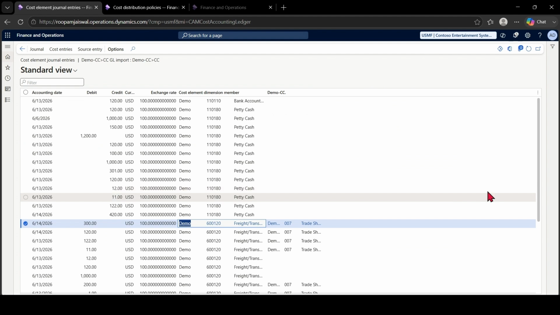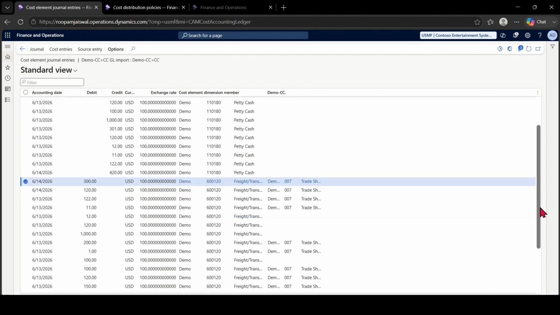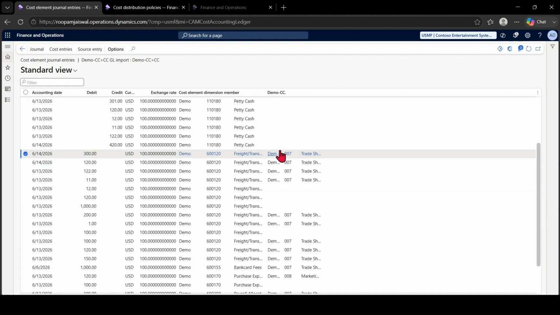So come to the cost element journal entry space, and you can see these are the accounts and whatever we have in 007. So you can filter also.